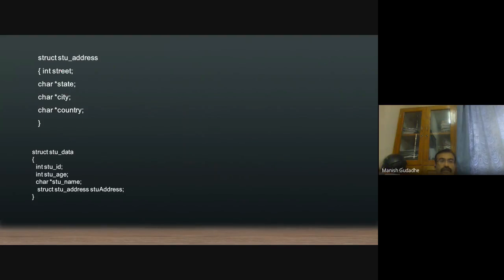We have declared a structure STU address, which has street, state, city, and country. We are declaring the state, city, and country as character pointers. That means these are character arrays, these are strings. Whenever we declare a character pointer such as state, it may define a string.